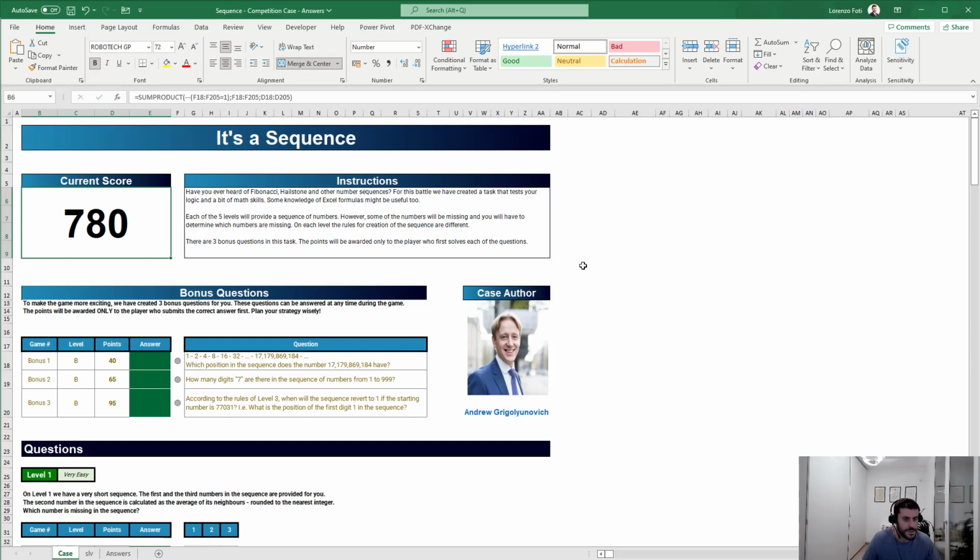Unfortunately, the score is not updating for the previous level problems. Let's see the bonus questions. So 1, 2, 4, 8, 16, 32. Okay, which position in the sequence does number blah blah blah blah have? Okay, we are saying that basically each position is double of the previous one. So we have 1, and then we have this times 2,